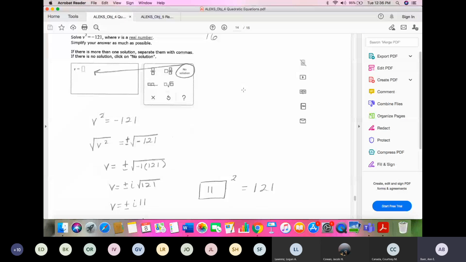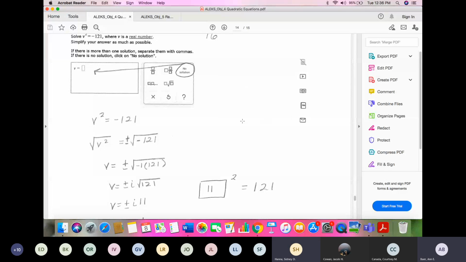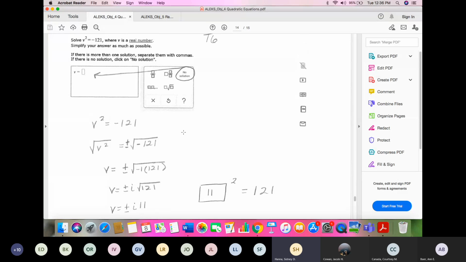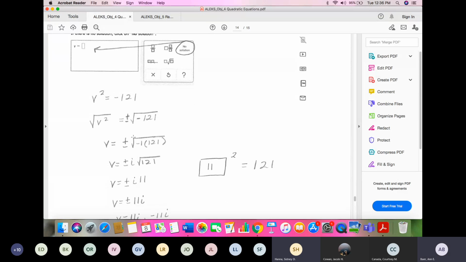Okay. Yes. Sorry. Just to clarify, so anything that has an i or any sort of imaginary, non-real number, that's a no solution for this type of problem. Yes. So you get this -1. That's an issue. If you're taking the square root of a negative number, that's an issue. They don't exist as real numbers.